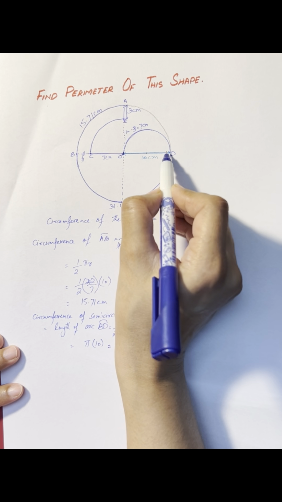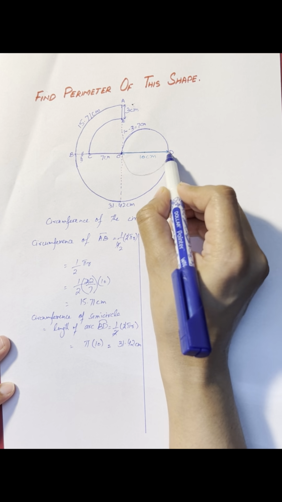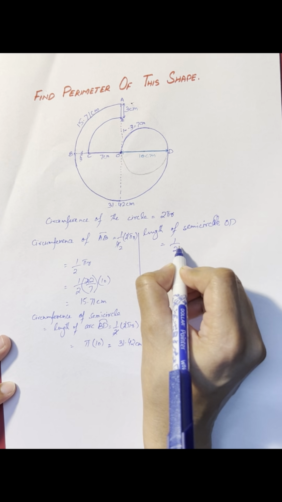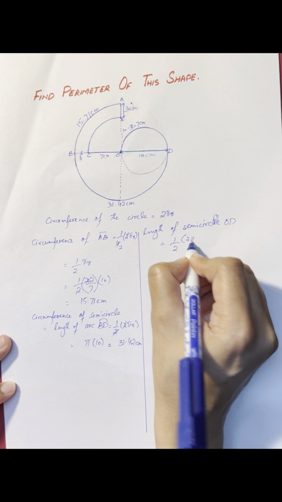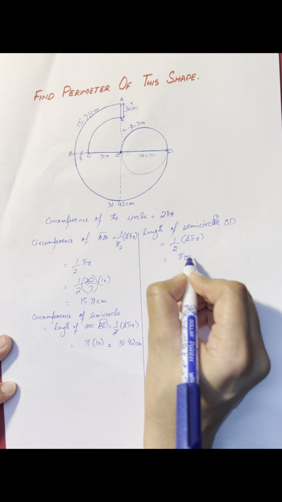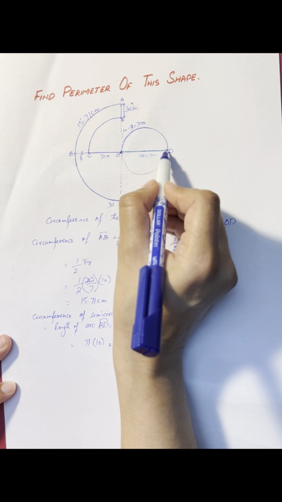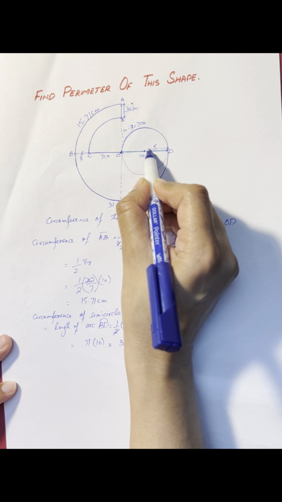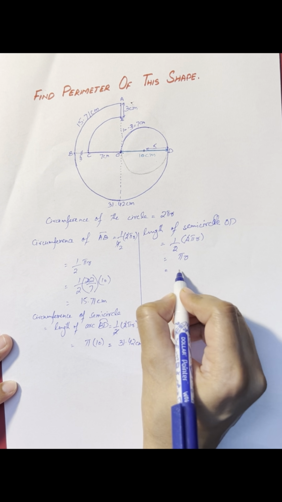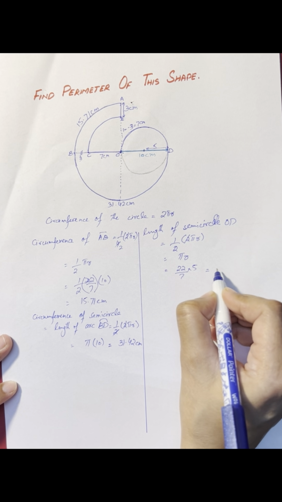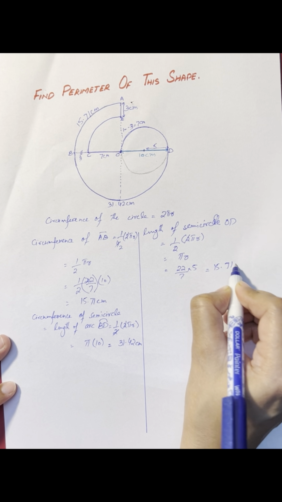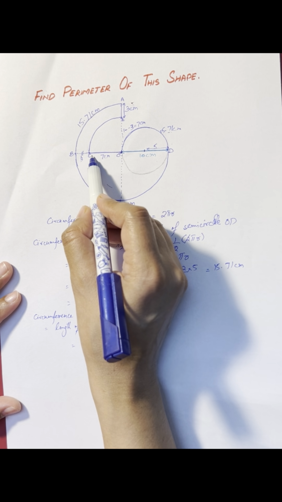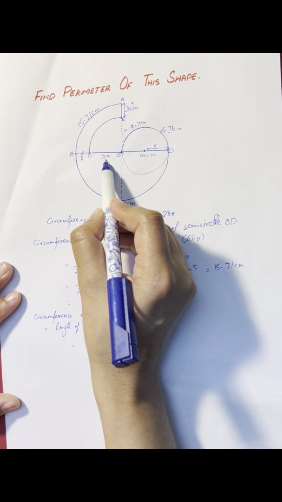Now I will erase this line and I will make this circle. Now this is a circle and we need the length of this semicircle. It's half of the length of the whole circle, 2 pi r. And what is the radius here? OD is basically the diameter of this circle, and half of this diameter is the radius. So this radius is 5. Calculating it, we will get 15.71 centimeter. So this length is 15.71 centimeter. I have already calculated this length OC, which is 7 centimeter.